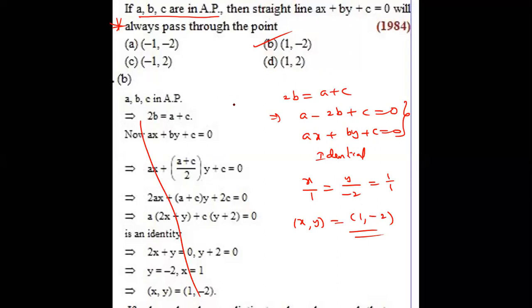a, b, c are in HP. So whenever you are discussing the HP problem concept, at that time please remind me. Yeah, that is the advantage of family of straight lines. I'm giving this as a shortcut method. Did you like this method or not?